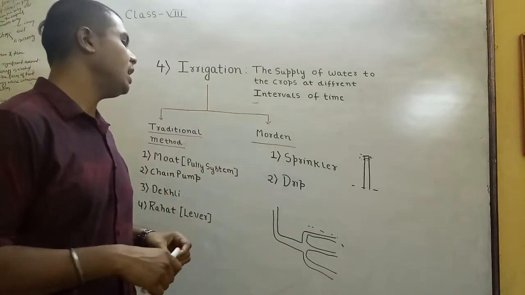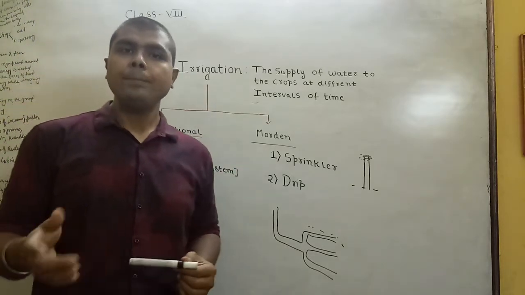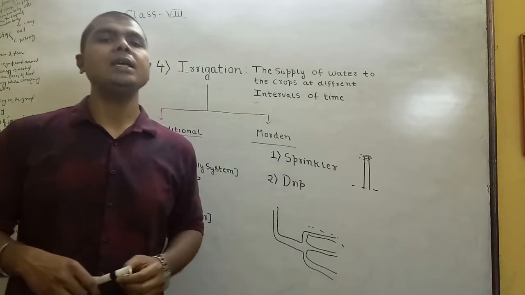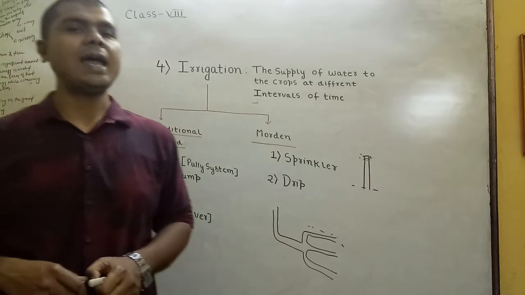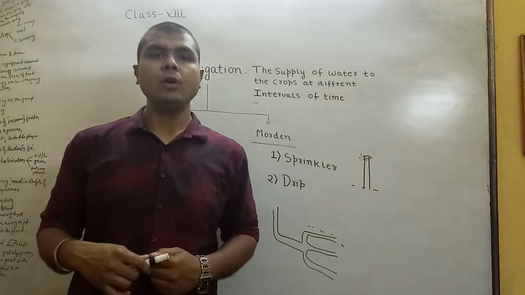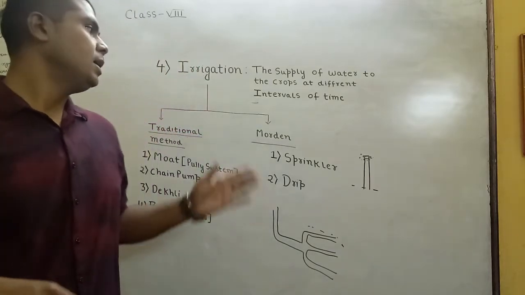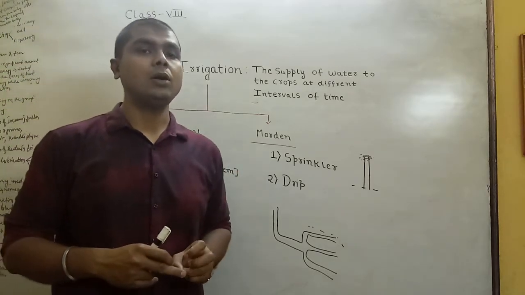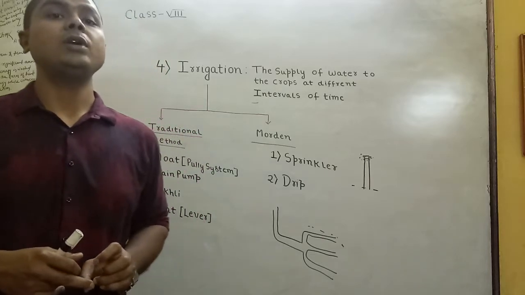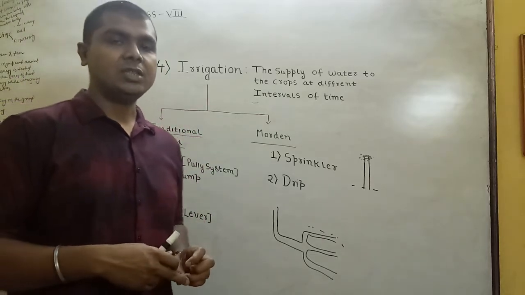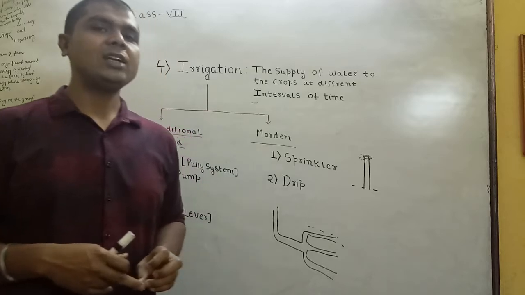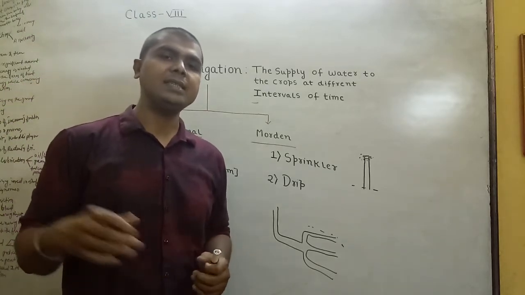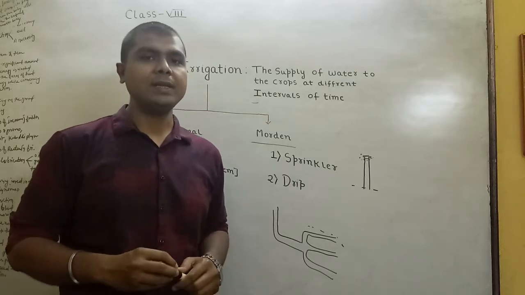Irrigation can be supplied either through wells, ponds, rivers or the canal system. Now in our country, as we are highly dependent on the monsoon for crop production, we need modern, or you can say innovative, methods of irrigation. So how can we actually achieve it? We have to reduce our dependency on the monsoon by using modern methods.